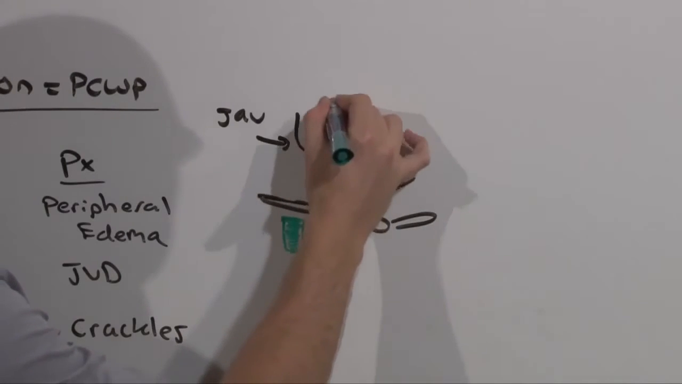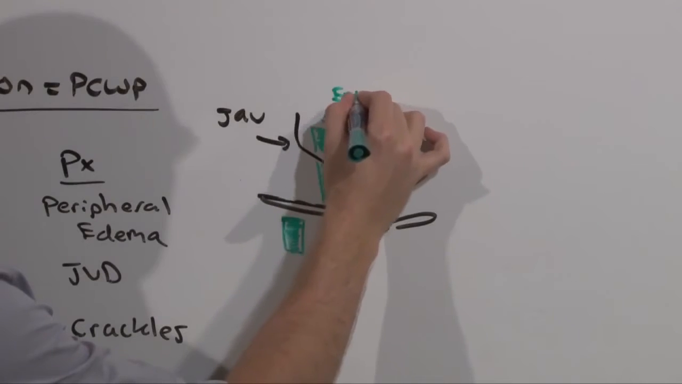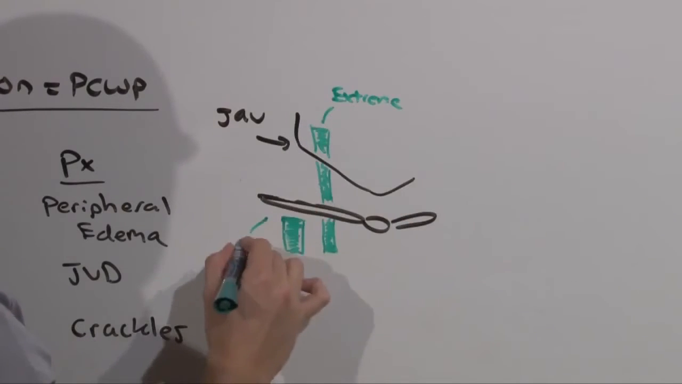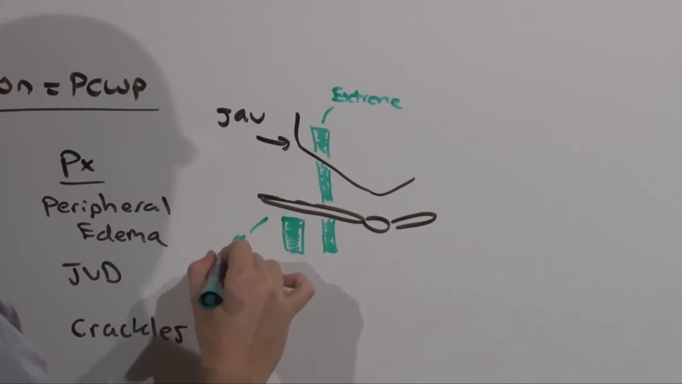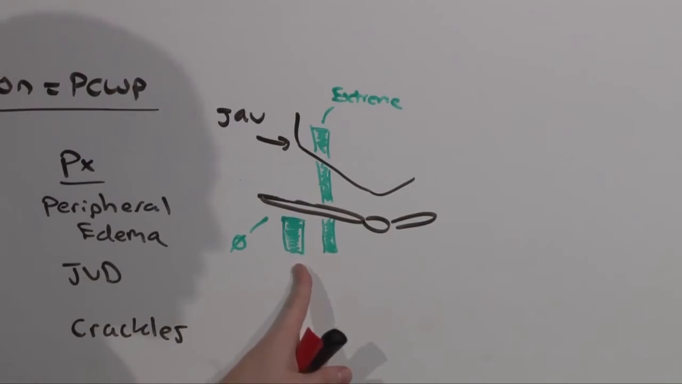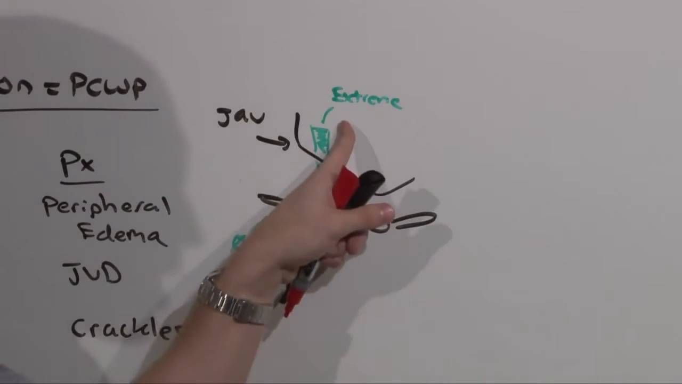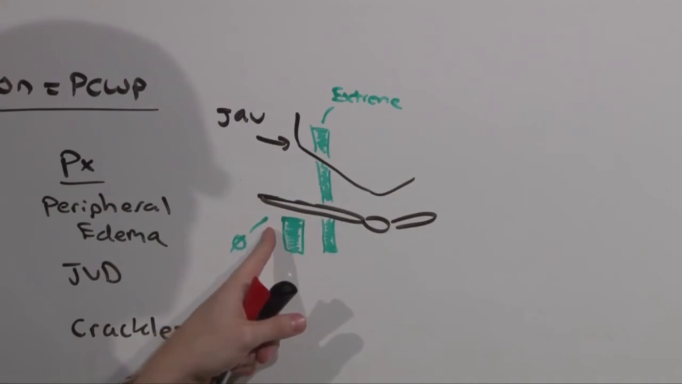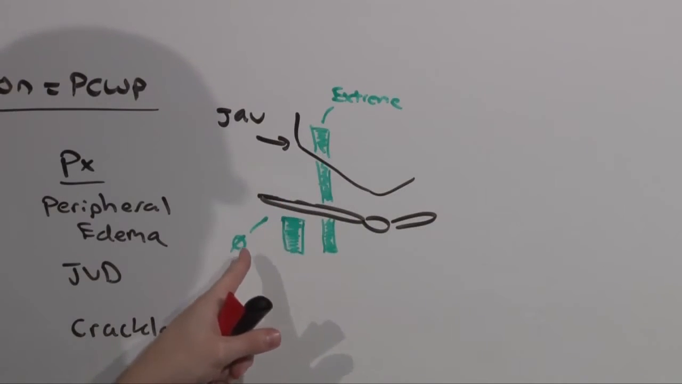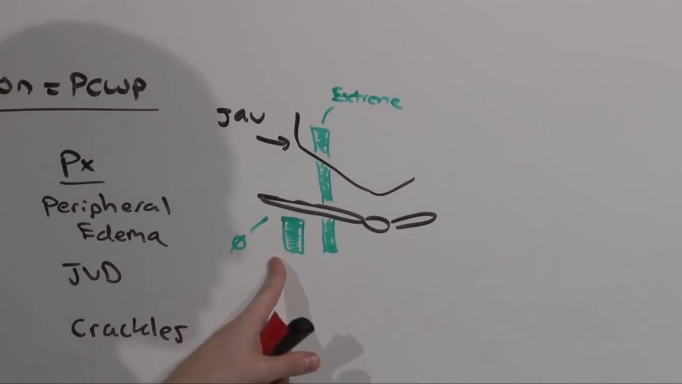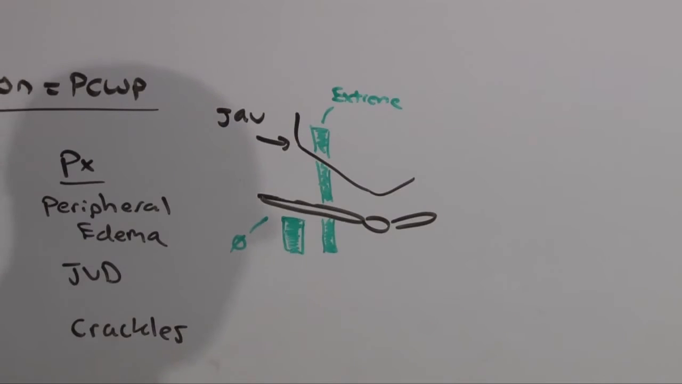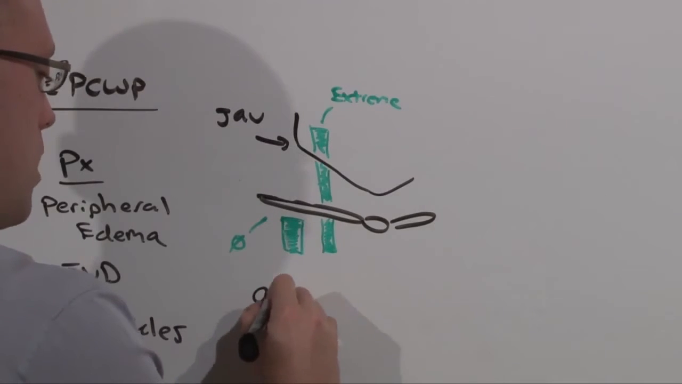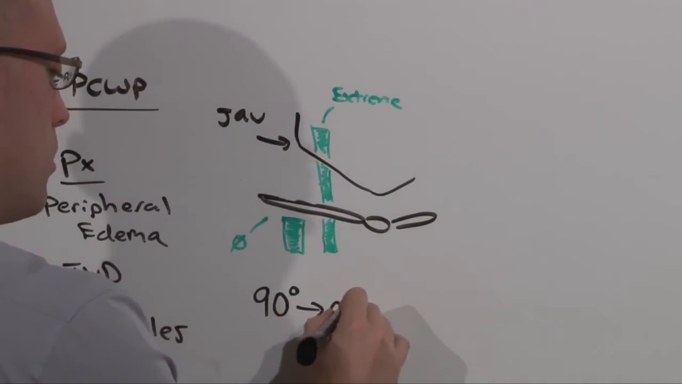So this being extreme JVD, this being no JVD. The jugular venous pulsation is elevated so high in extreme JVD you can't see it, and the jugular venous pulsation is so low in no JVD that you can't see it. So how do you differentiate the two? Well, you have the patient start at 90 degrees, and you continually drop them down,